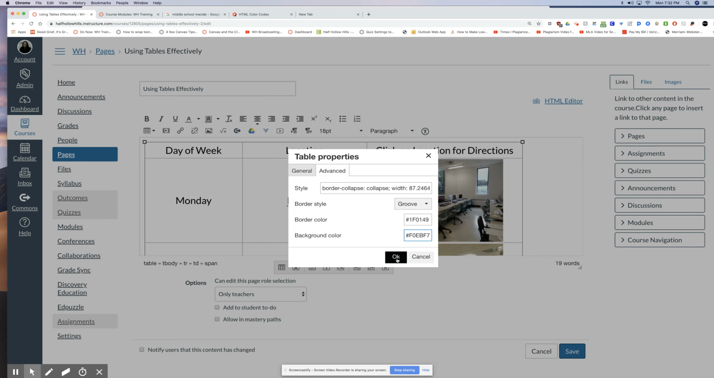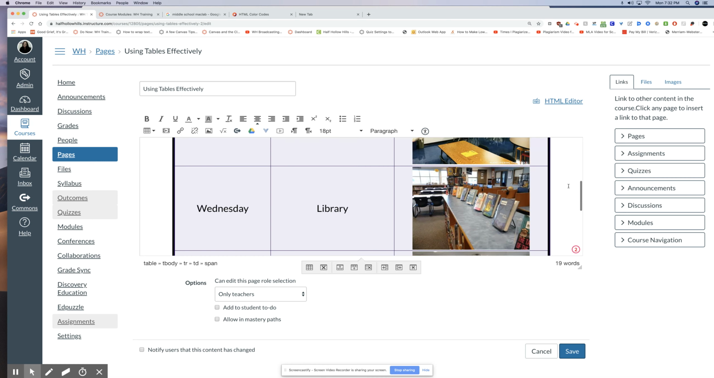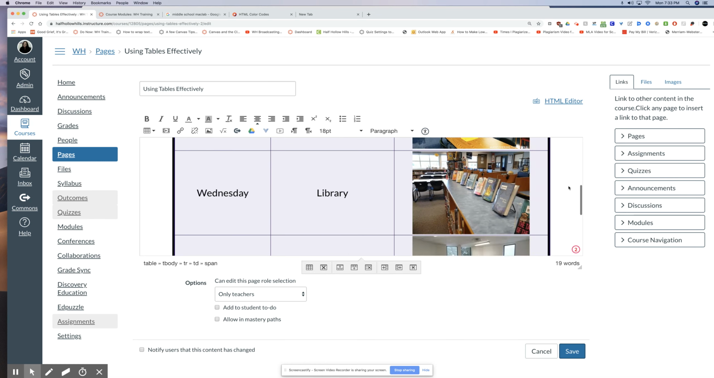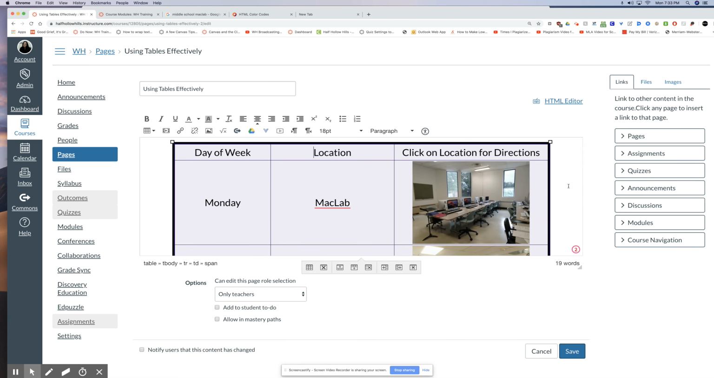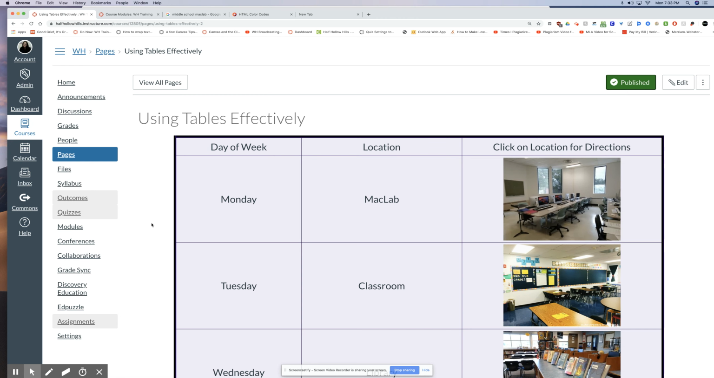And when I click Okay, I now have changed what it looks like. It does look a little more professional, and all of this links, and now I'm going to save all of this work, and you will be able to see it in the module, and I'm going to add the